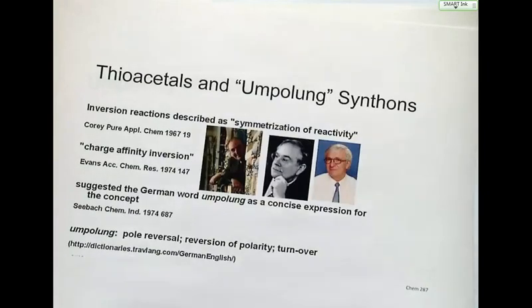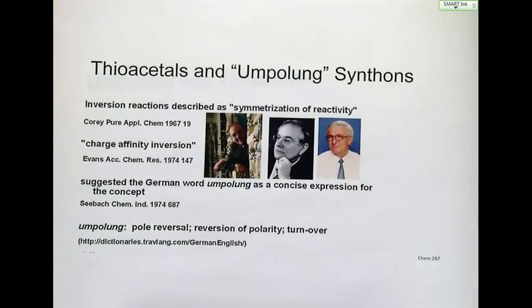So let's see, this is just background. This idea of Umpolung has been around since about the 60s. I mean, people probably knew about it earlier than that, but it really got formalized by E.J. Corey, who came up with, formalized the word, he called it symmetrization of reactivity, which is kind of a mouthful. It does make sense if you think about it in a certain way. Instead of symmetrization of a molecule, it's changing the reactivity so that you can make symmetric